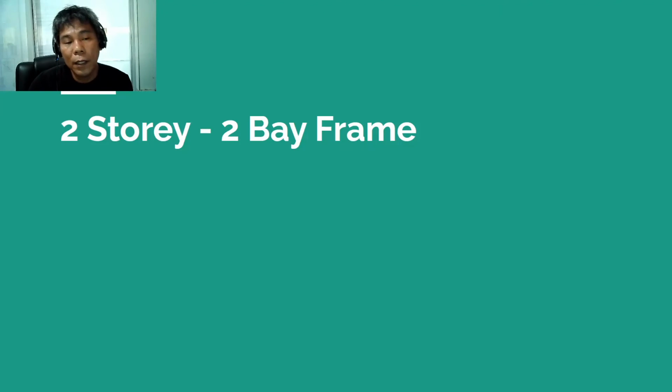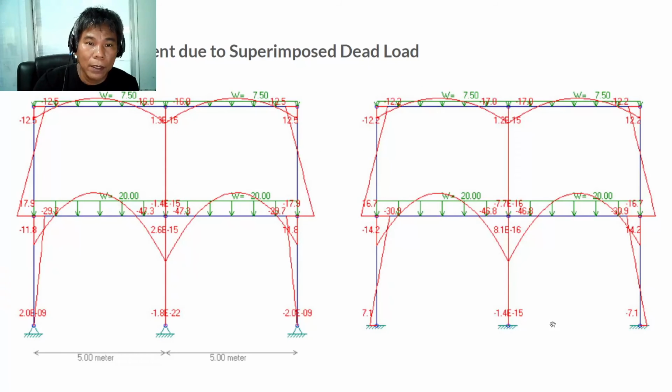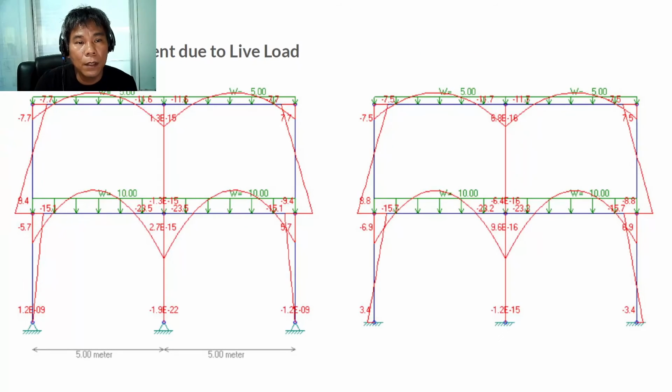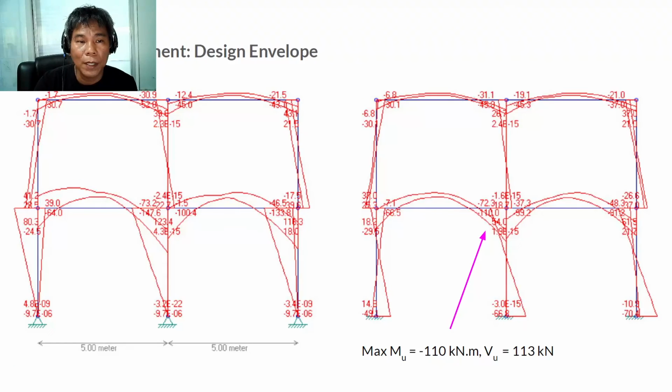Okay, and then we have the two-story, two-bay frame. I just want you to see how it was done. This is again a two-story, two-bay frame with different supports, a hinge support or a fixed-ended support. You can see the effect of the superimposed dead loads. This is the usual bending, the bending due to the live load, and the bending due to the earthquake,